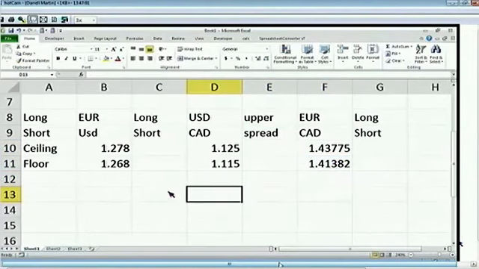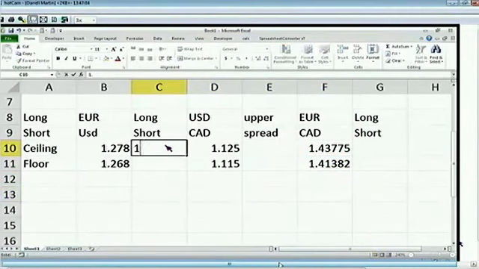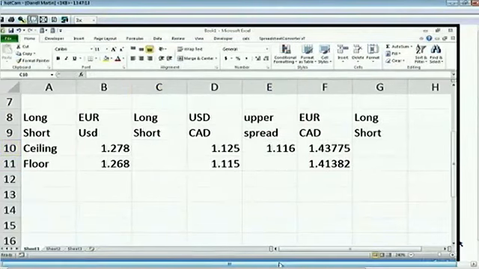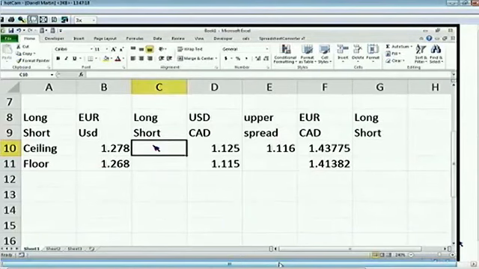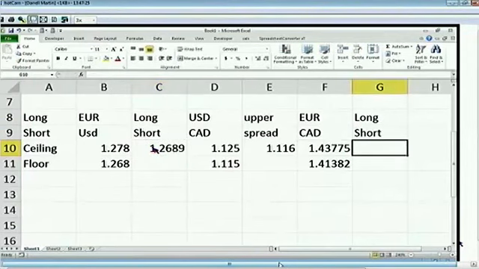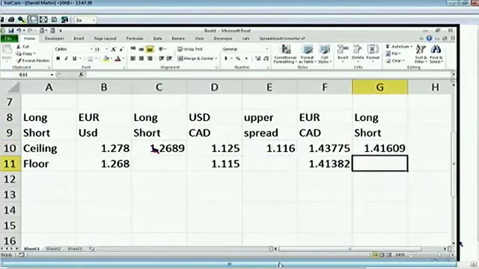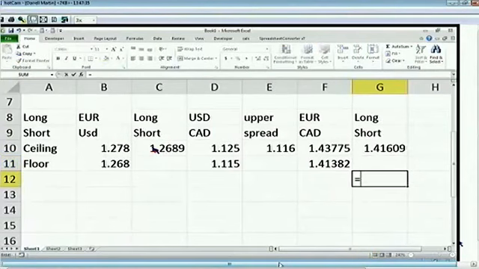What did we buy it for? Well, we bought this one for 1.11. Oh, nope. Go here. We bought this one for 1.1160 on the dollar CAD. That's the current offer price of the dollar CAD. The current offer price of the euro dollar is 1.2689. Okay? So that makes our offer price, entry price, 1.41609,